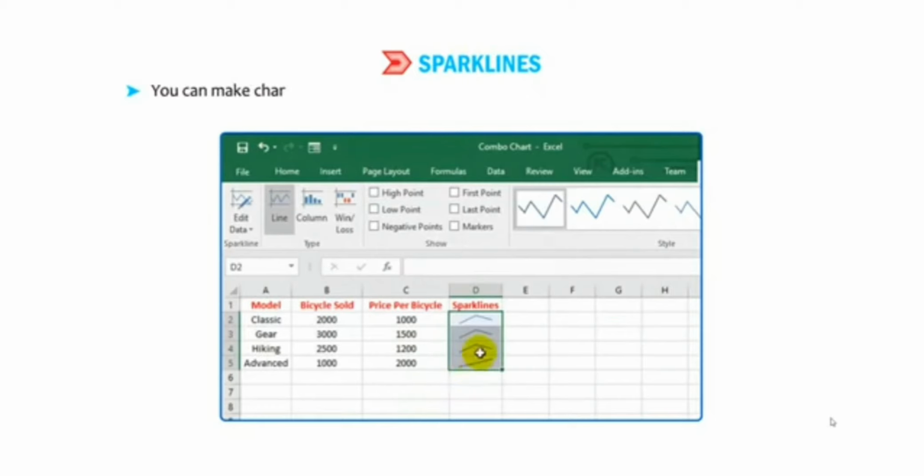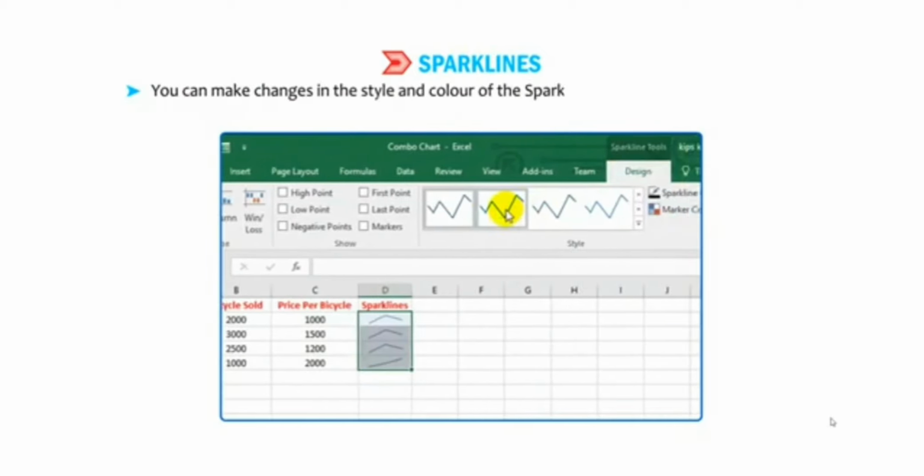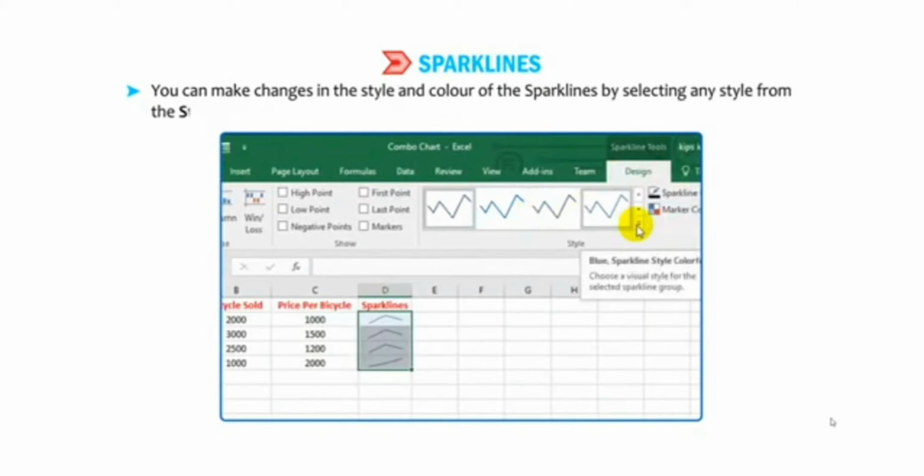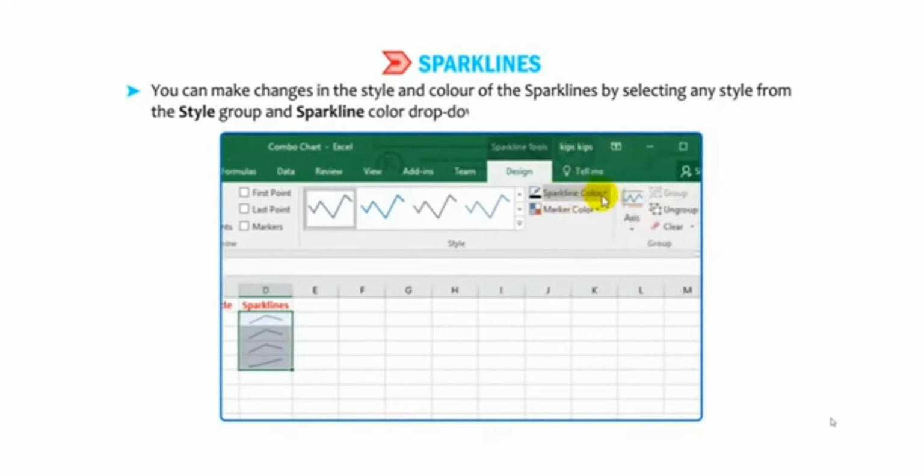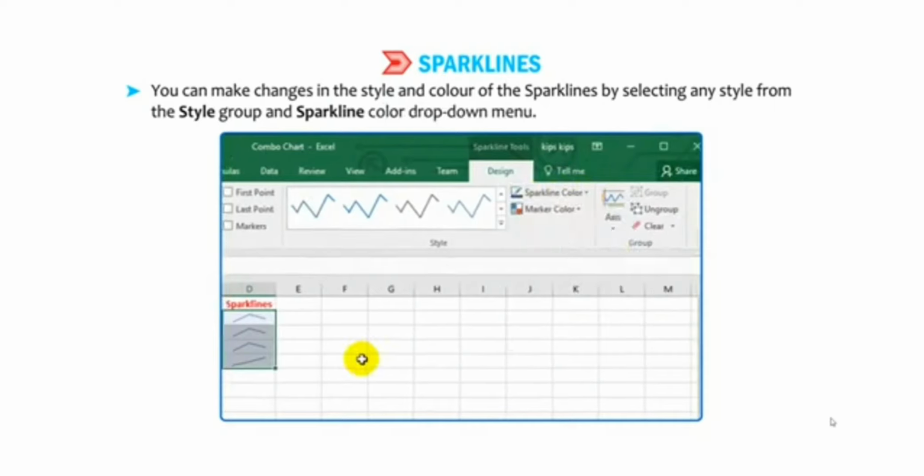You can make changes in the style and color of the spark lines by selecting any style from the Style group and Spark Line Color drop-down menu. Students, note that in Excel 2013 you can add, delete and format the chart and its elements in the same way as you do in Excel 2016.